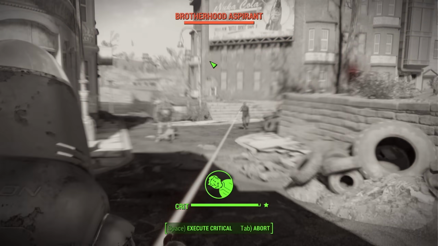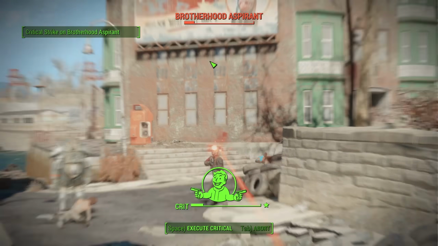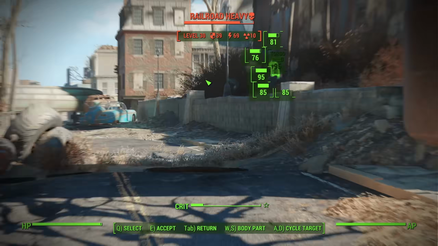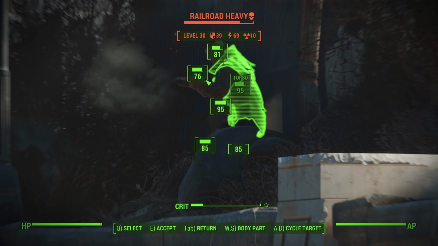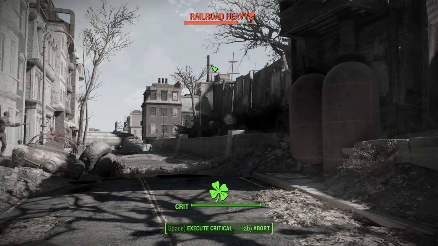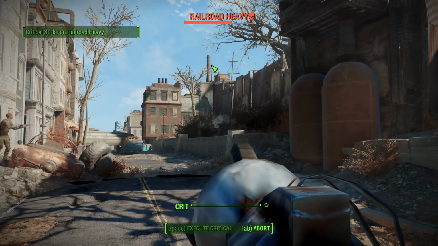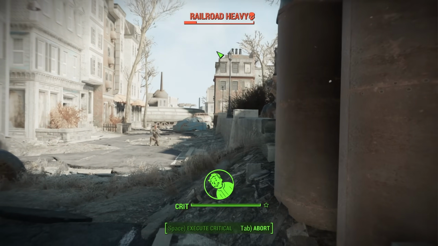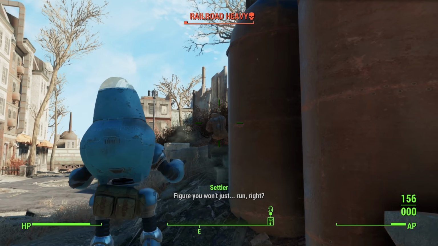After that, we find the settler fighting someone, but before I can see who it is, I have to kill a couple more Brotherhood members, who luckily aren't in power armor, so they go down easily. The settler appears to be fighting a railroad heavy, and honestly, this was great moral support. Either way, I have a long drawn-out fight with this laser sponge of a railroad heavy until they die,